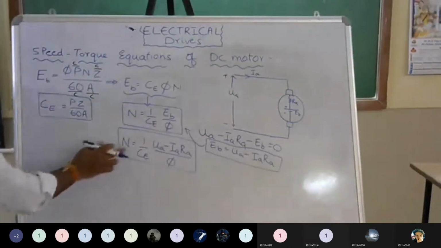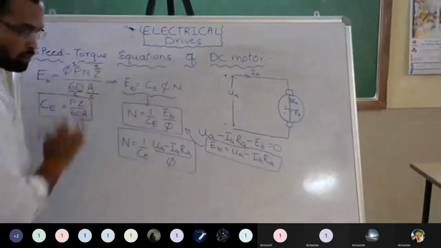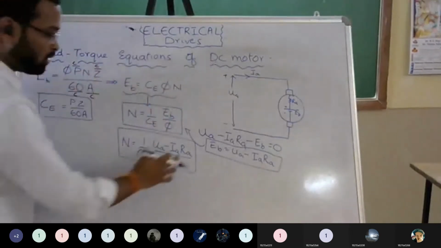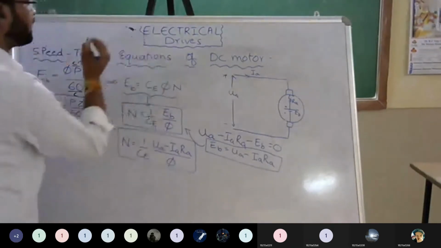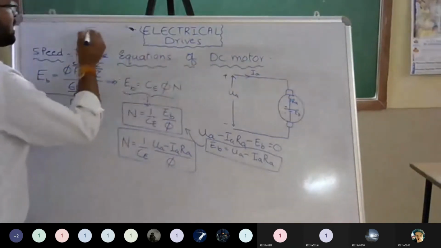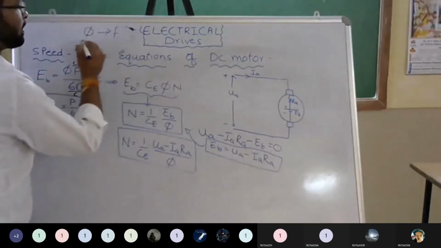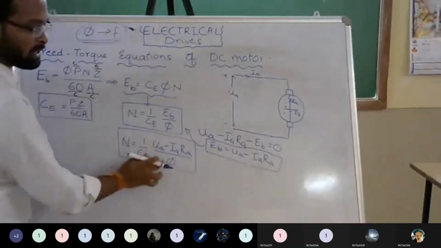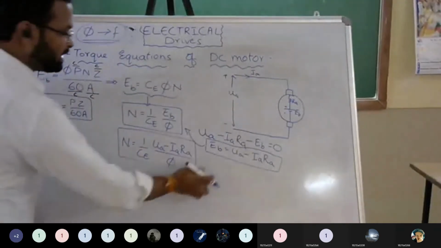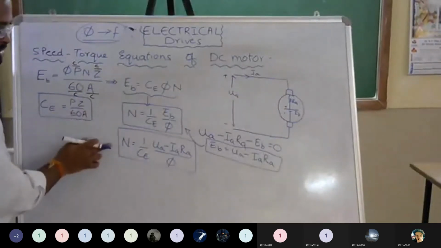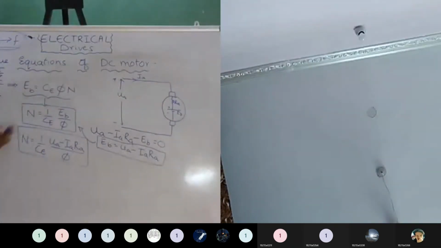So what are the things speed is depending upon? The voltage applied to the motor, the current drawn by the motor, and the resistance of the motor, that is the armature resistance. And flux means indirectly what? In any armature, flux is directly proportional to the frequency. So indirectly it will depend upon the frequency also. Clear? So this is the normal speed equation, the elaborated speed equation for the motor. And this speed equation will depend upon the flux, current and voltage across this.